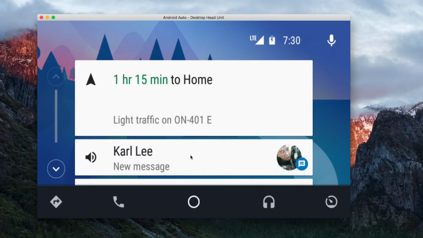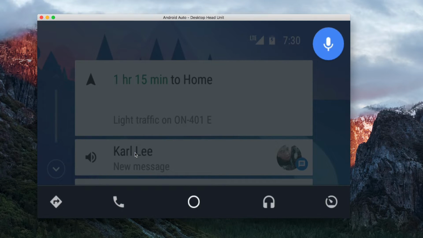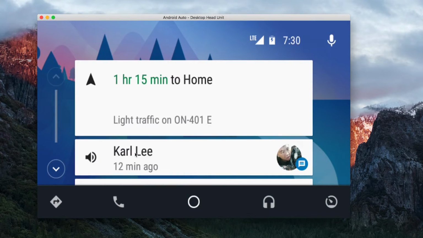So I've got a message here. If I touch it, here's the message. What's with the M? Okay, so I asked him how's it going, and I wrote an M instead of a question mark, so he's asking me what's with the M. That message would have come in along the top, you press the message, you respond. If I wanted to respond to it,